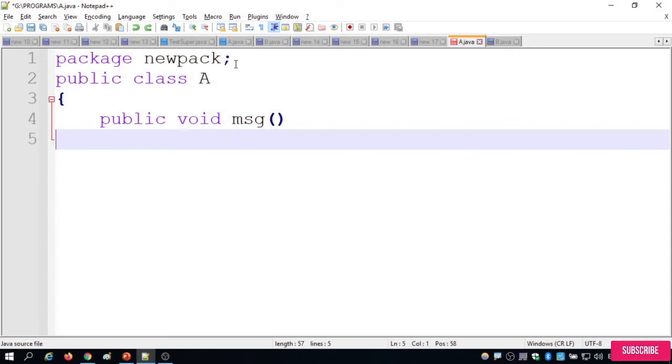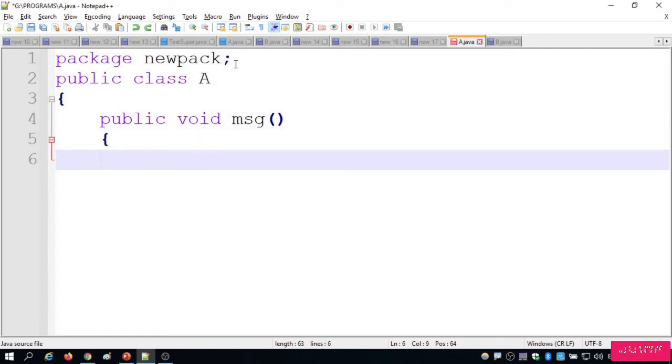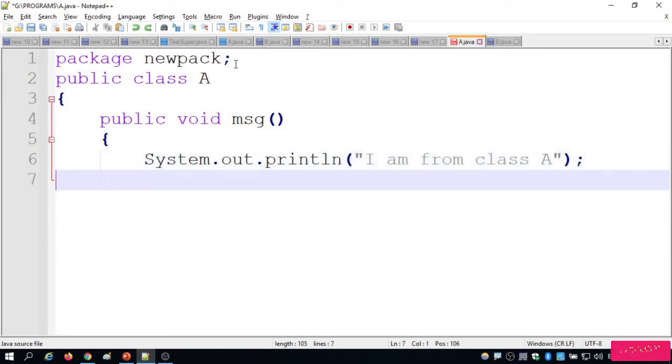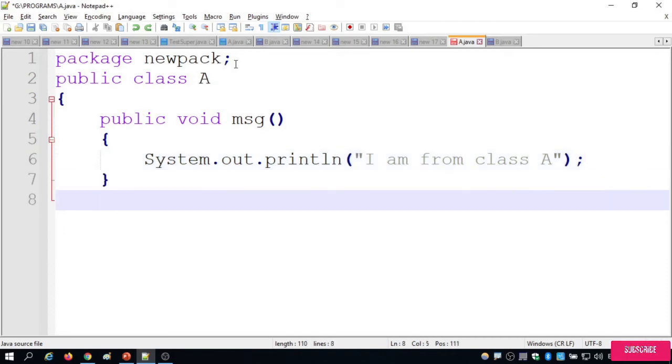Here I am not going to write any main method in this program because I am going to use this class in another program, so in that other program I will write my public static void main. And I'm closing the class. Completed my class now.